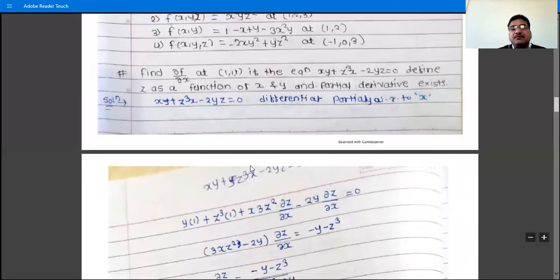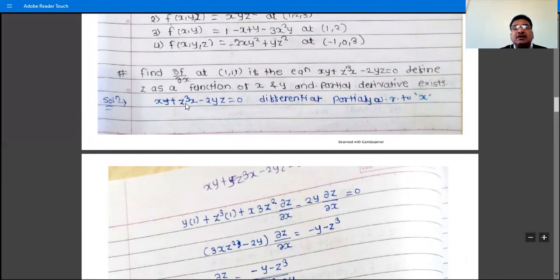So write this equation, and then differentiate this equation with respect to x, because we have to find ∂/∂x. If the question is to find ∂/∂y, then differentiate with respect to y. So differentiating with respect to x, what do we get? x into y. The derivative of y is itself, because y is constant with respect to x, and the derivative of x is 1. Then z cube